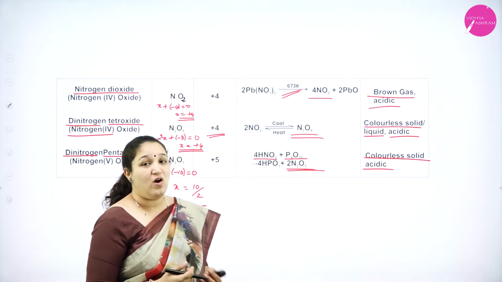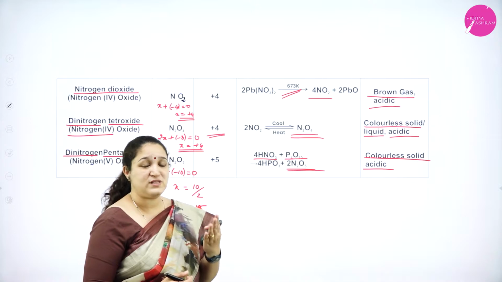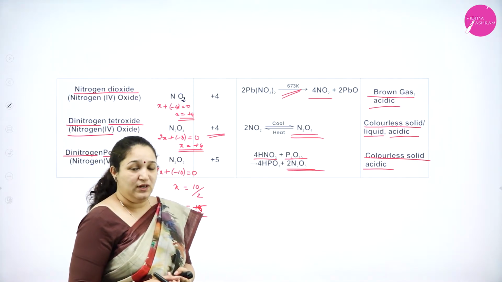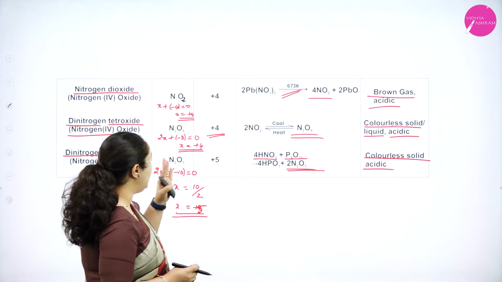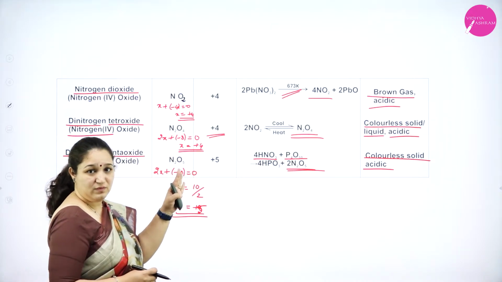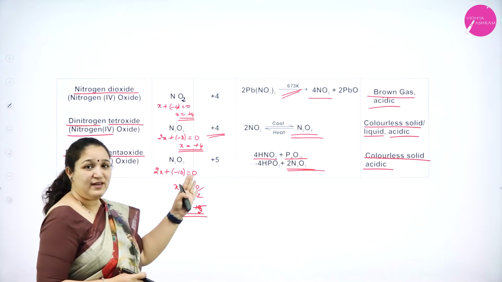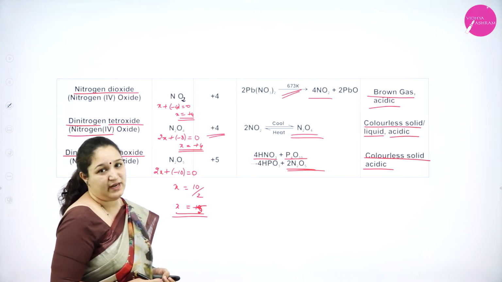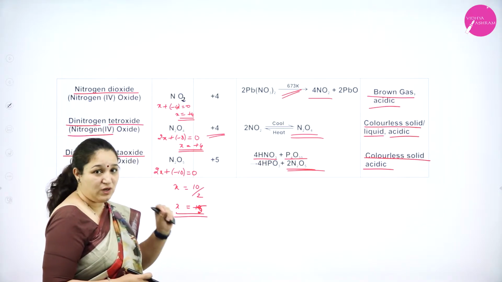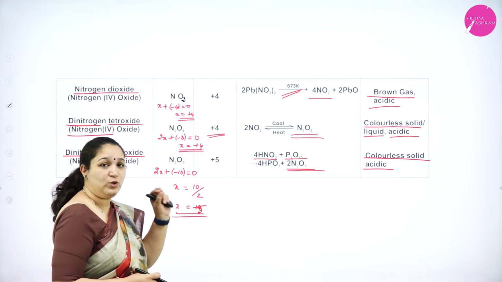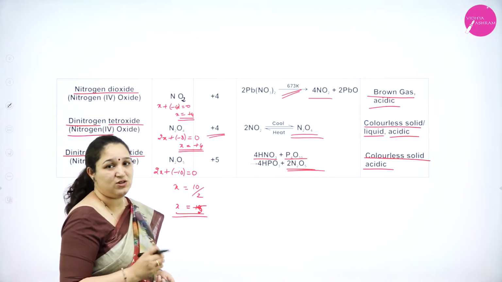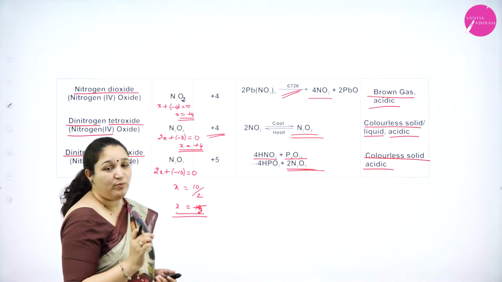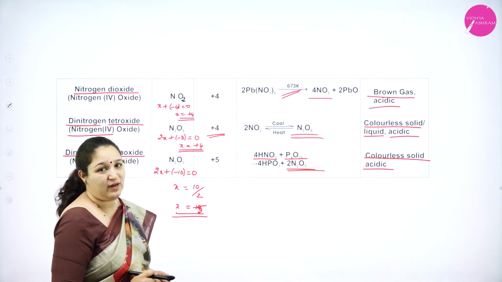So you can see among the oxides of nitrogen, there are 4 which are acidic in nature, only the first 2 were neutral. Also, you need not memorize the oxidation state, isn't it? You can calculate the oxidation state provided you know the formula of the oxide. The only thing you have to learn here is how we are going to prepare all these oxides of nitrogen and the respective names or formulas of the oxides of nitrogen.